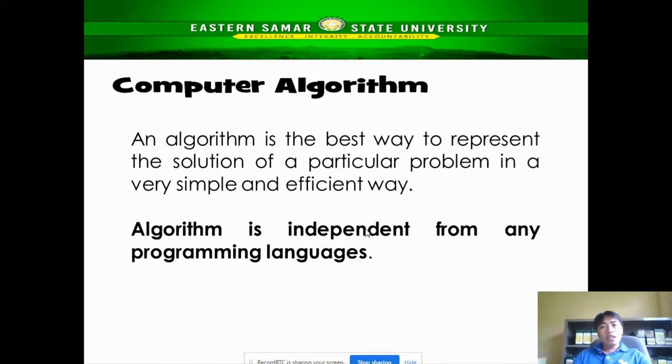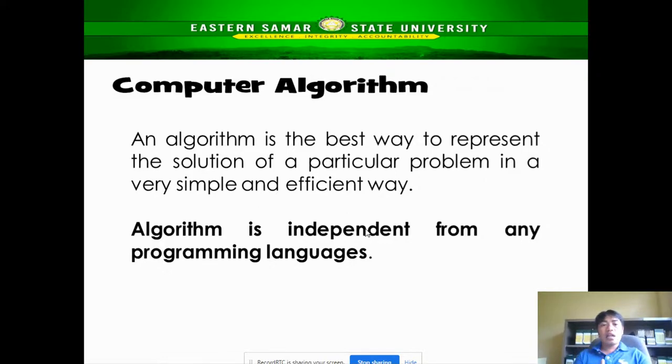Okay? Waray niya, kumbaga, it opposite. There hiya maran la ha Java, there hiya maran ha C++. But all programming languages can utilize algorithm